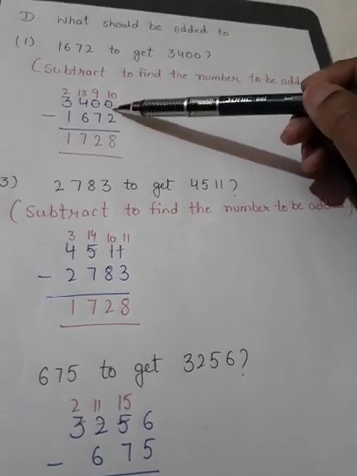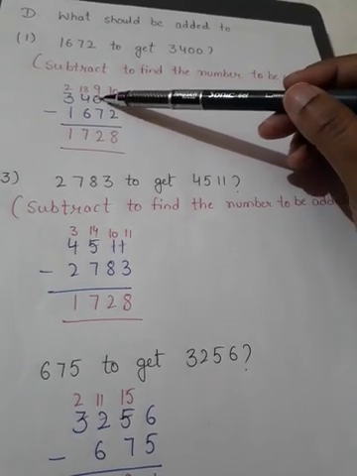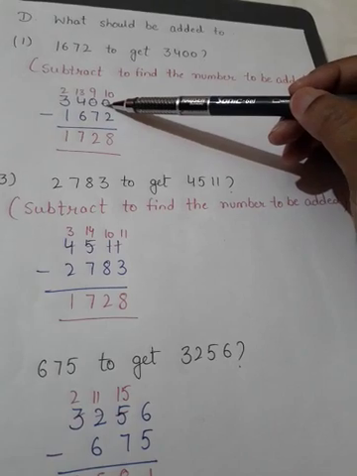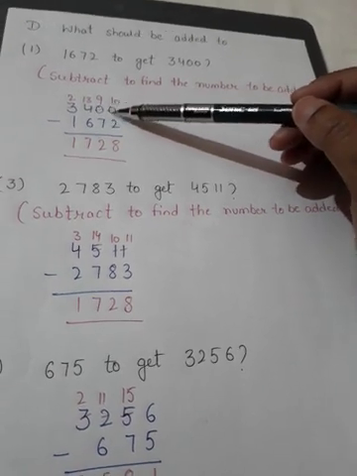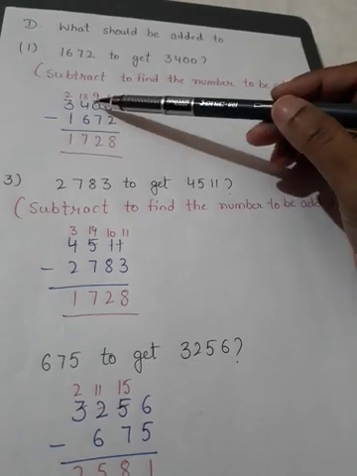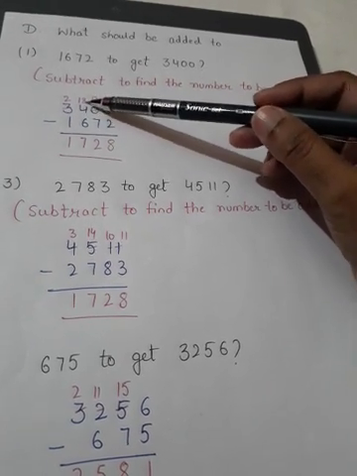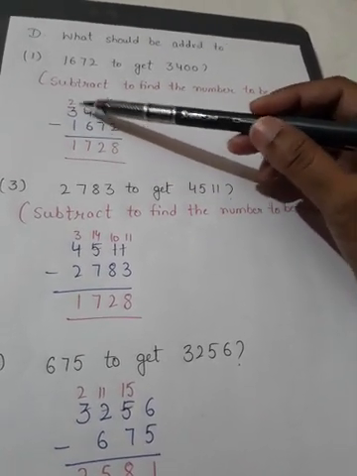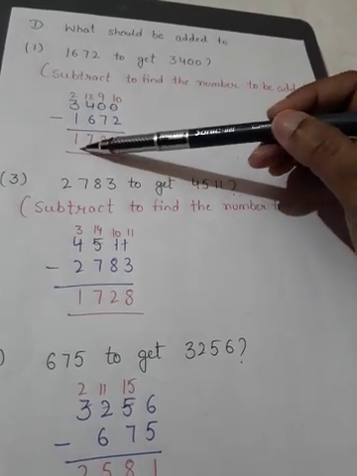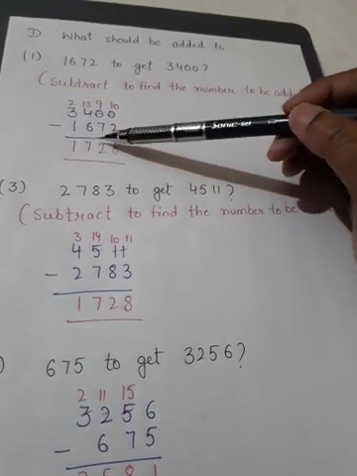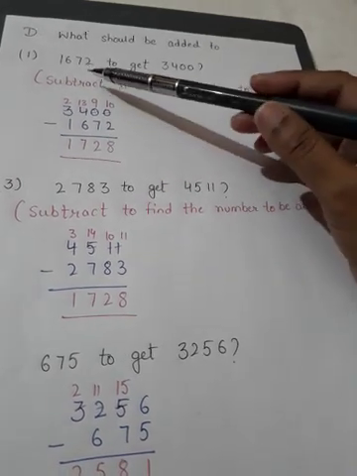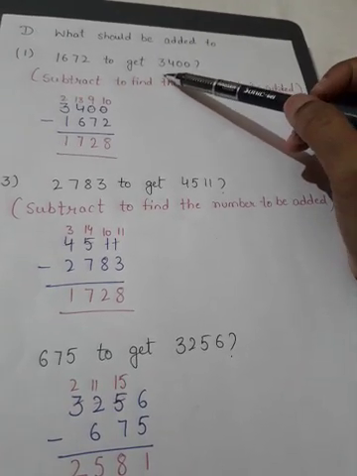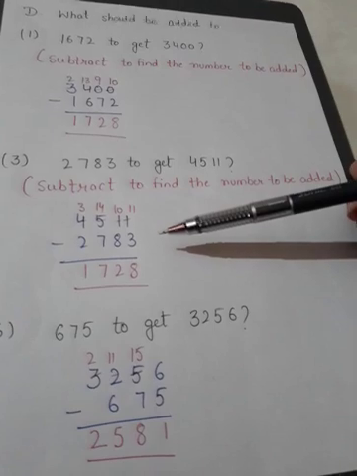Start subtraction. 0 cannot subtract 2, so it will take borrow from here. This is also 0, so take borrow from this 4. So this is giving borrow here. This is 10. Then 10 will give borrow to here 0. This is 10 and this is 9. So 10 minus 2 is 8. This is 9 minus 7 is 2. Then here 4, 3 left. So 3 cannot subtract 6, so it will take borrow from this 3. So this is 13 minus 6 is 7. 3 gave borrow, so here 2. 2 minus 1 is 1. So the answer is 1728. It means when we add 1728 to this 1672, we get 3400.